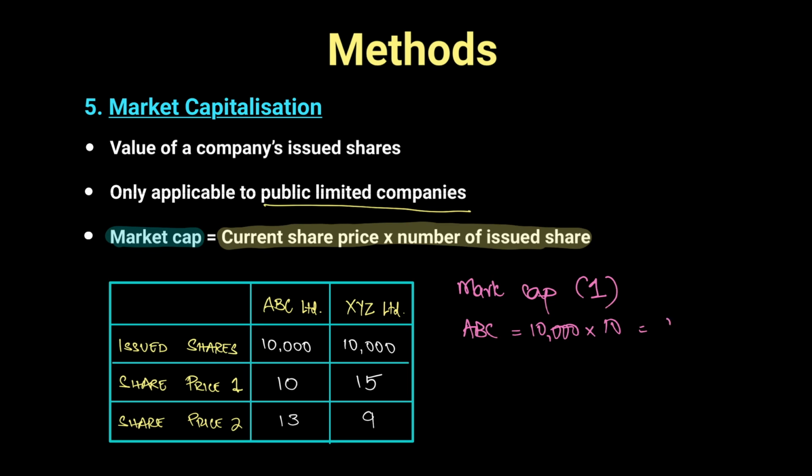So $100,000 is the total value of the issued shares, market cap for ABC. And for XYZ, that is 10,000 shares multiplied by 15, $150,000. In simple head to head comparison, we can clearly see that it's company XYZ which has a higher market cap,